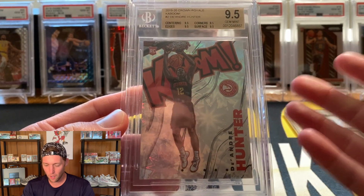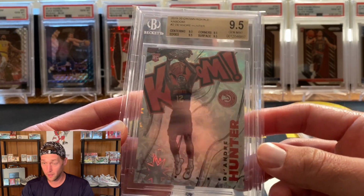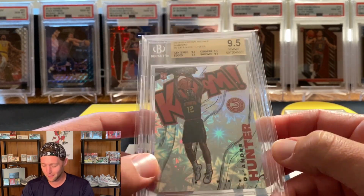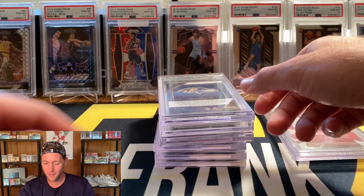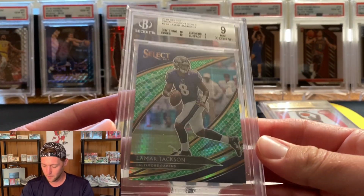I just have always loved the Kaboom cards. You can see in the background there, I do have a Lamar. So that one has turned into quite a big card. So love the Kabooms. Speaking of Lamar, coming in at number 8, we have another card from Select, and this